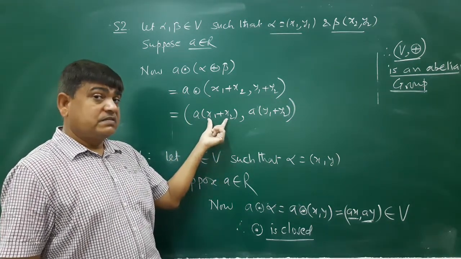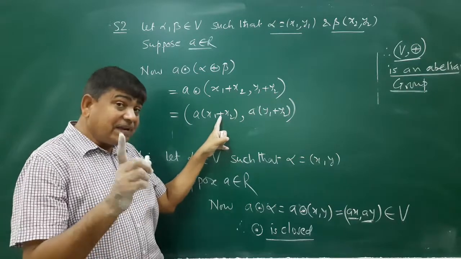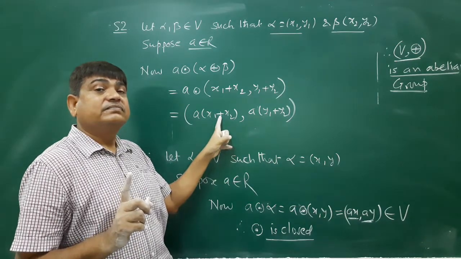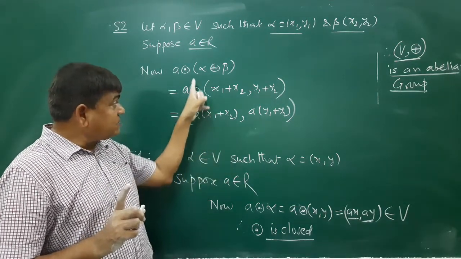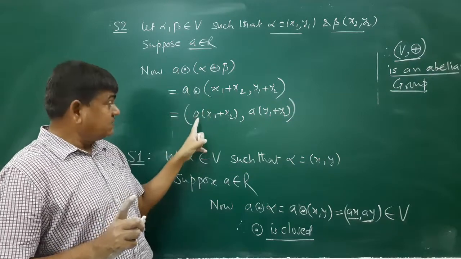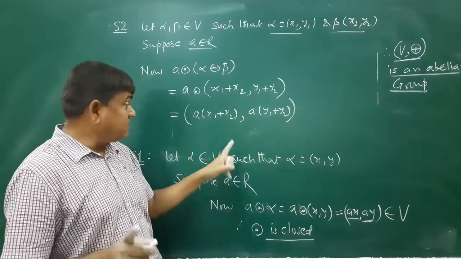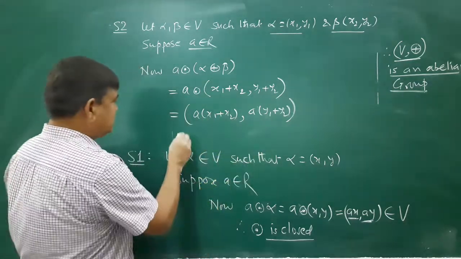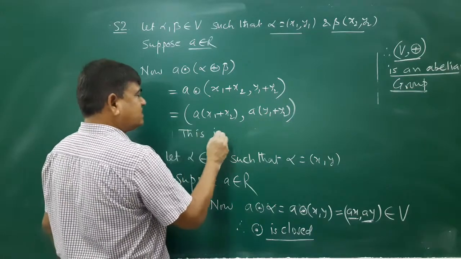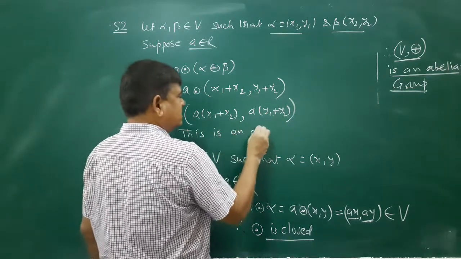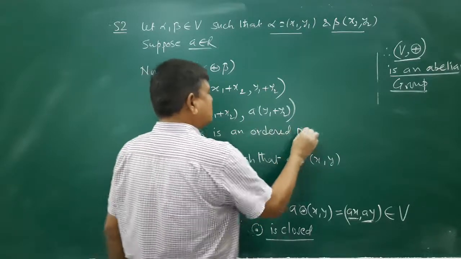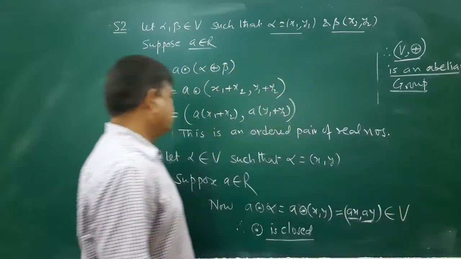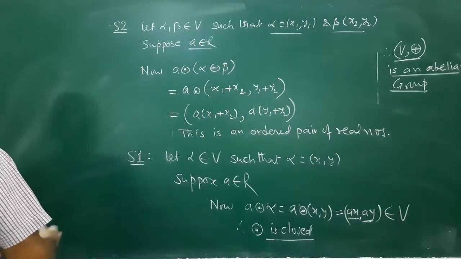Remember, ordinary multiplication, and here ordinary addition. Here it is external composition. Here it is ordinary multiplication, ordinary addition. This is a real number, this is also a real number. So this is an ordered pair of real numbers. Therefore, it is the member of